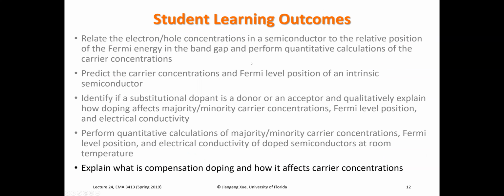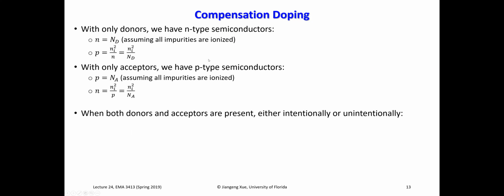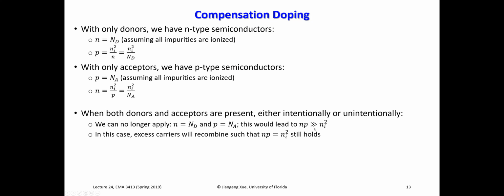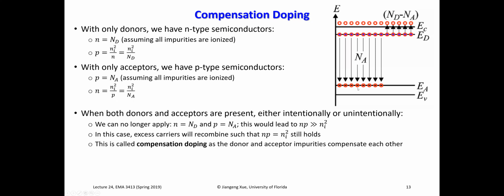So the last student learning outcome is to explain what compensation doping is and how it affects carrier concentrations. We have these two cases set up with only donors or only acceptors. We get the N-type or P-type semiconductors. But what if we have both types of impurities, intentionally or unintentionally? Then we can no longer just say that the electron concentration is dictated by the donor concentration and the holes are given by the acceptor concentration, because in that case, the product np may be much greater than ni squared. So in that case, we're going to have excess carriers, and as we talked about earlier, we're going to have recombination. So this is actually called compensation doping,